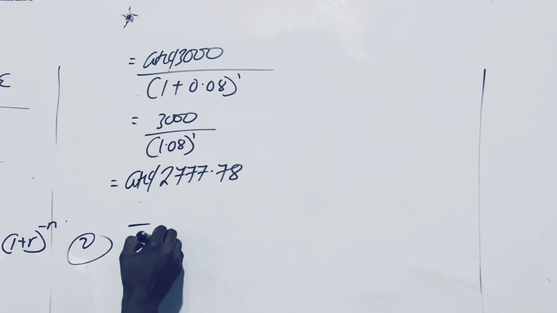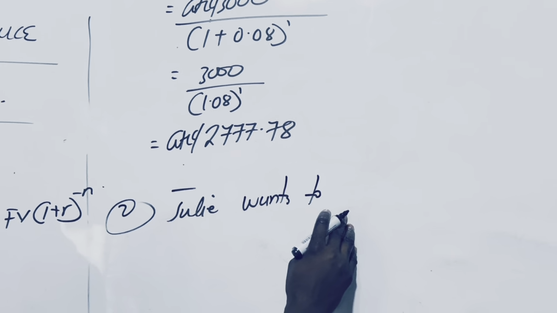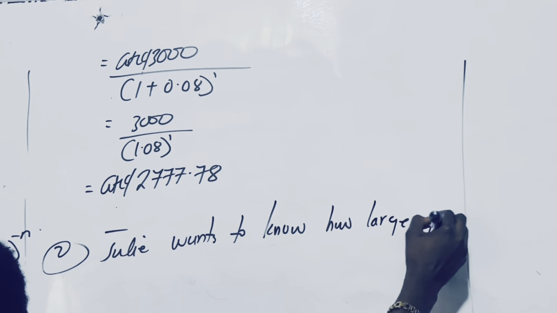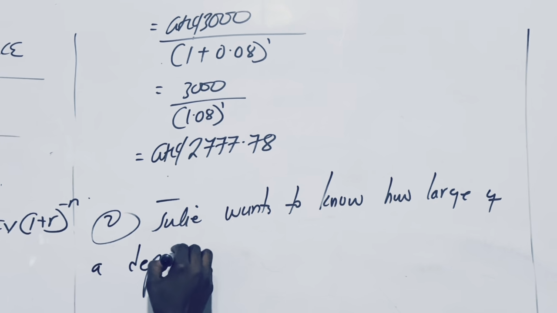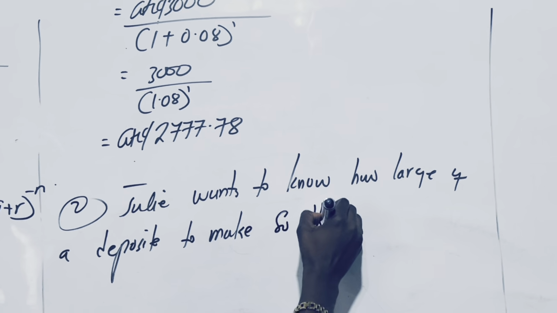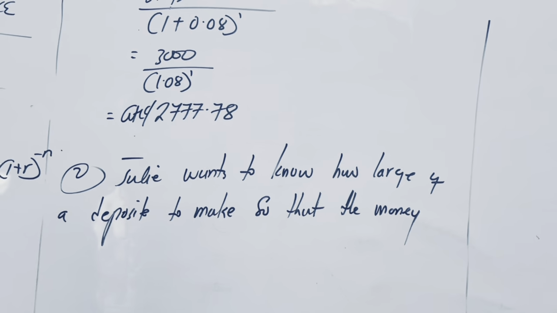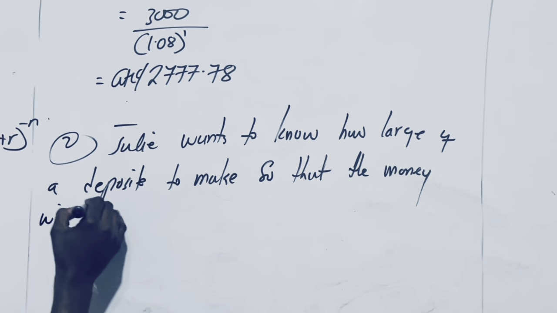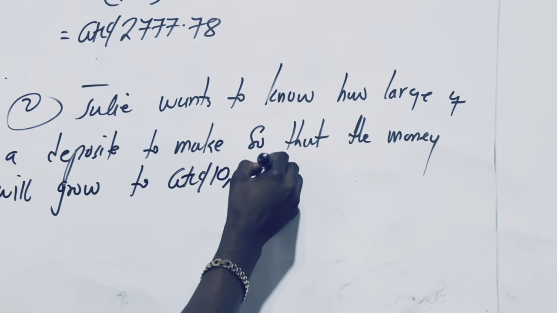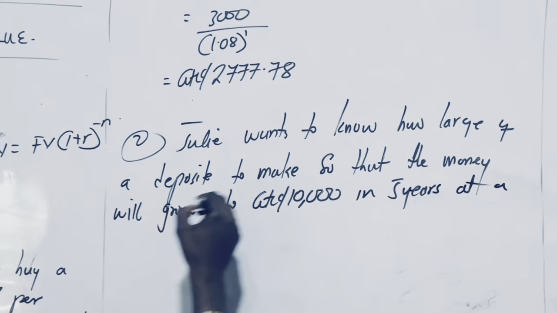Let's say Julie wants to know how large of a deposit to make so that the money will grow to 10,000 Ghana cedis in 5 years at a deposit rate of